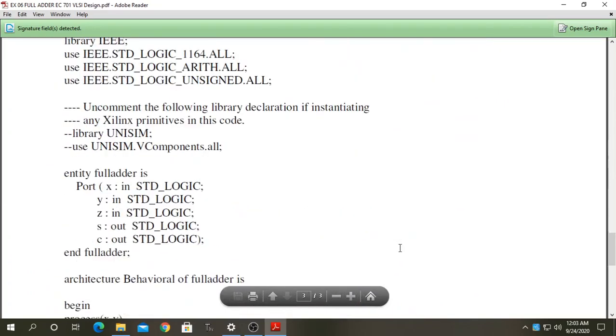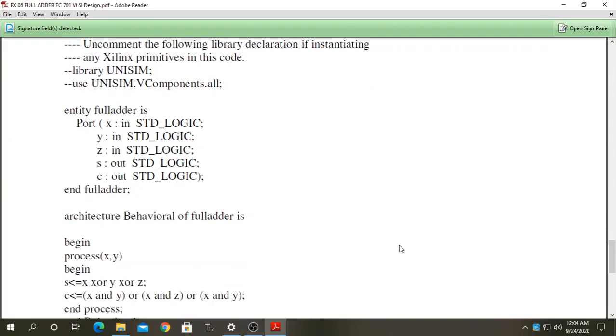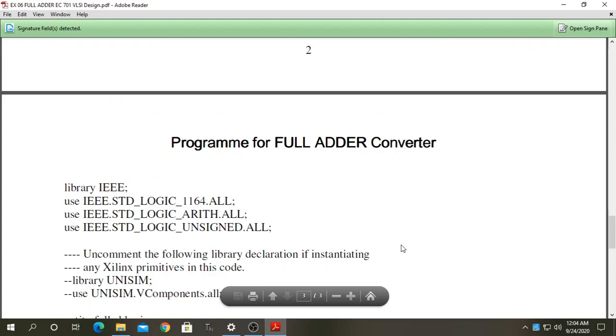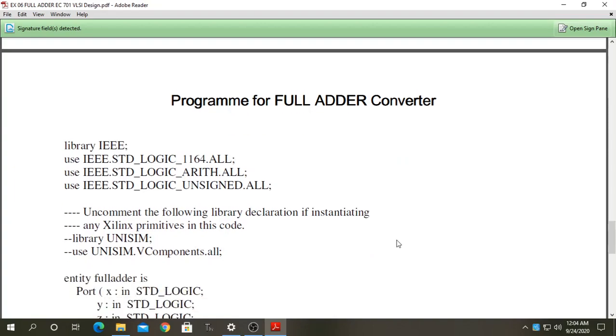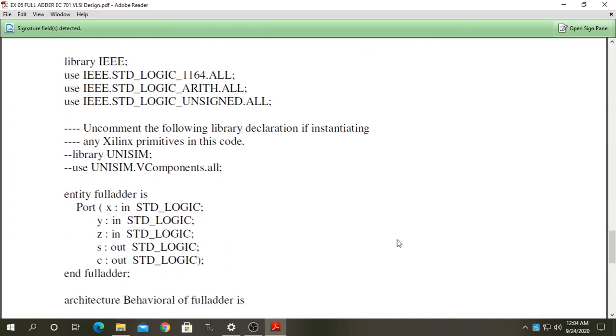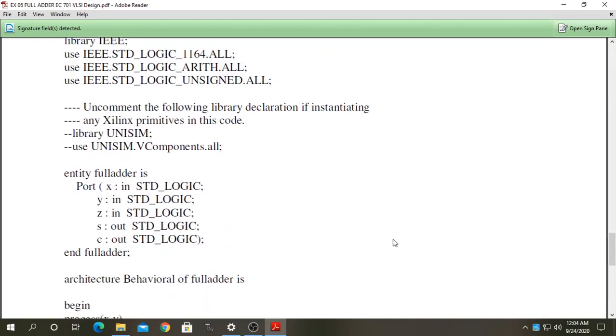We have already constructed a half adder using Xilinx software, and in this series my next experiment is the design of a full adder. As you may be aware, the half adder program and the full adder program differ only in an input. In the half adder we employed two inputs. In the full adder we are going to employ a third input. The status of the output is the same, there is no change.